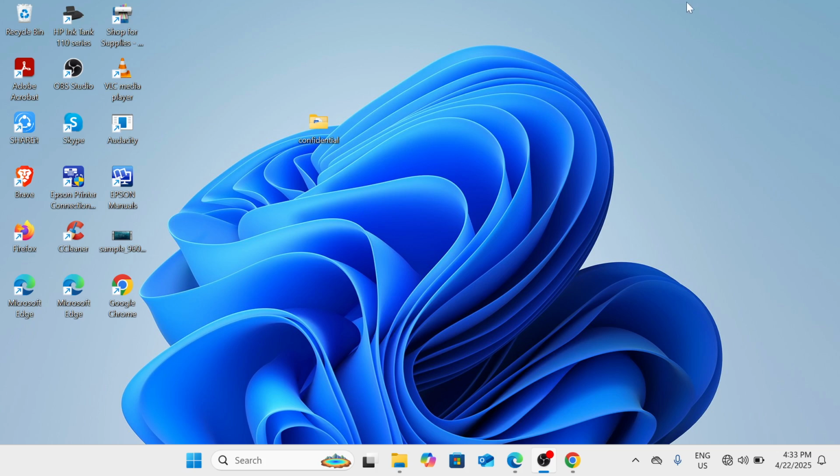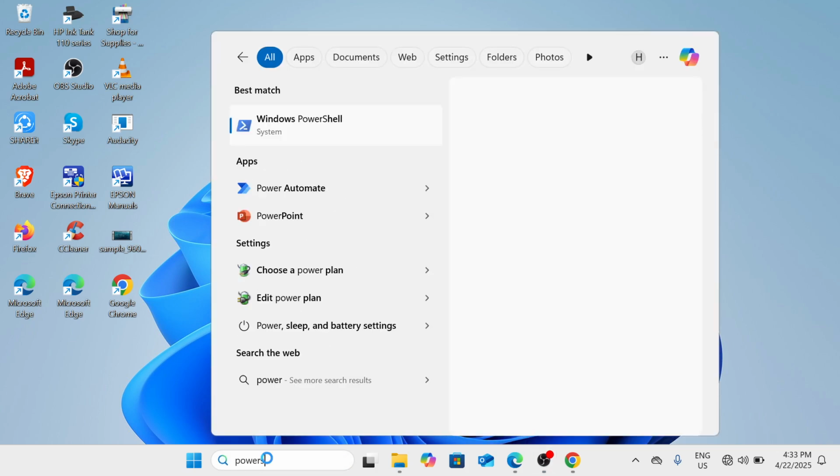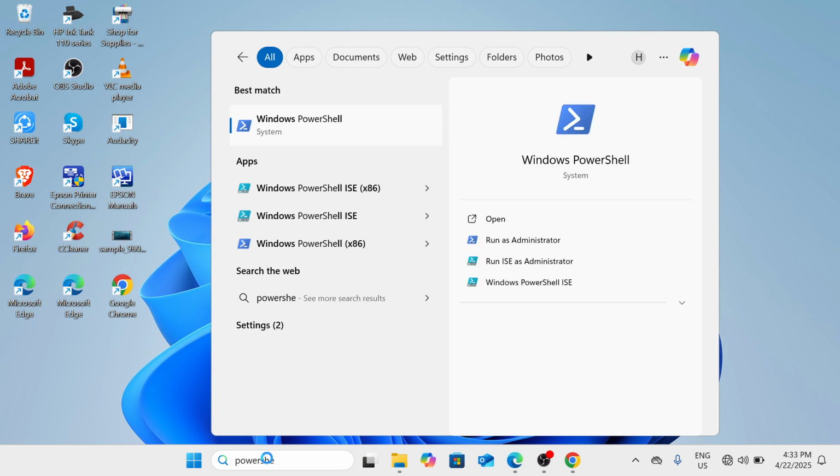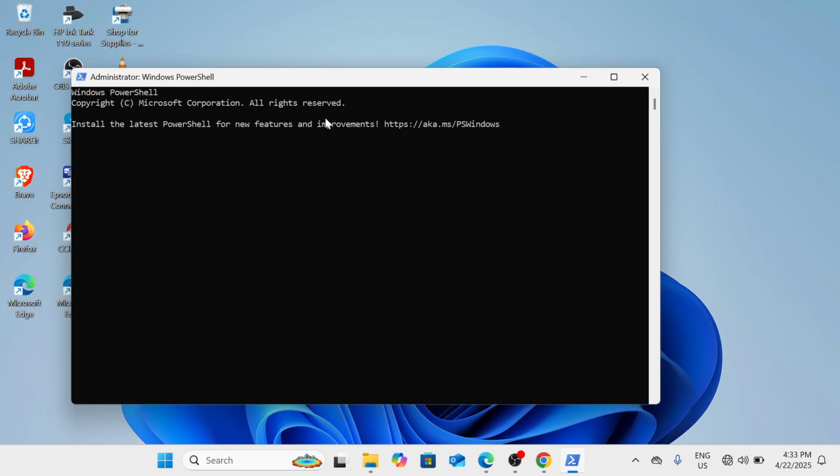So please proceed with your Windows search tab there and type PowerShell. And once you do that, you will get this Windows PowerShell option under Best Match. So all you need to do is just to proceed with the right click there and then click on this Run as Administrator option. Once you do that, you will get this User Account Control window coming up. All you need to do is just to click on Yes, and then here we will be typing the command